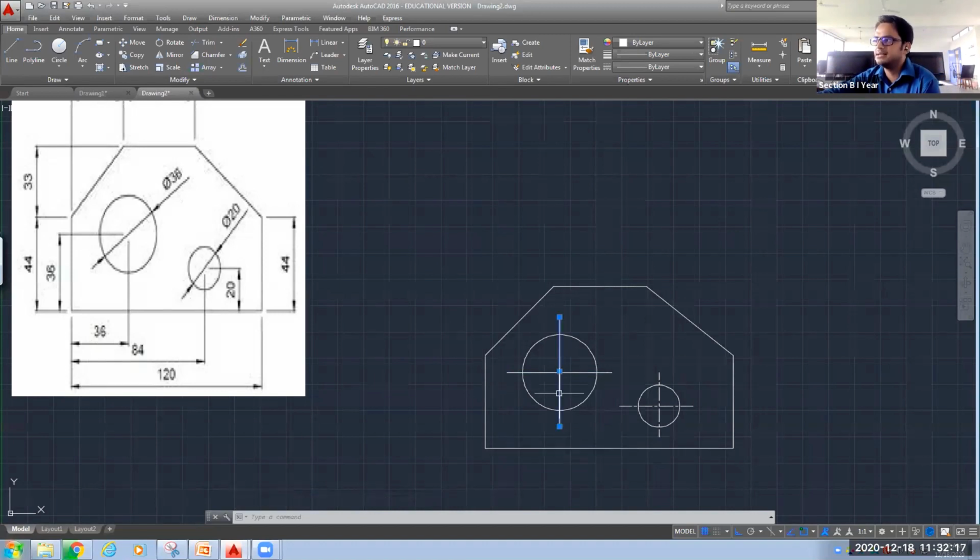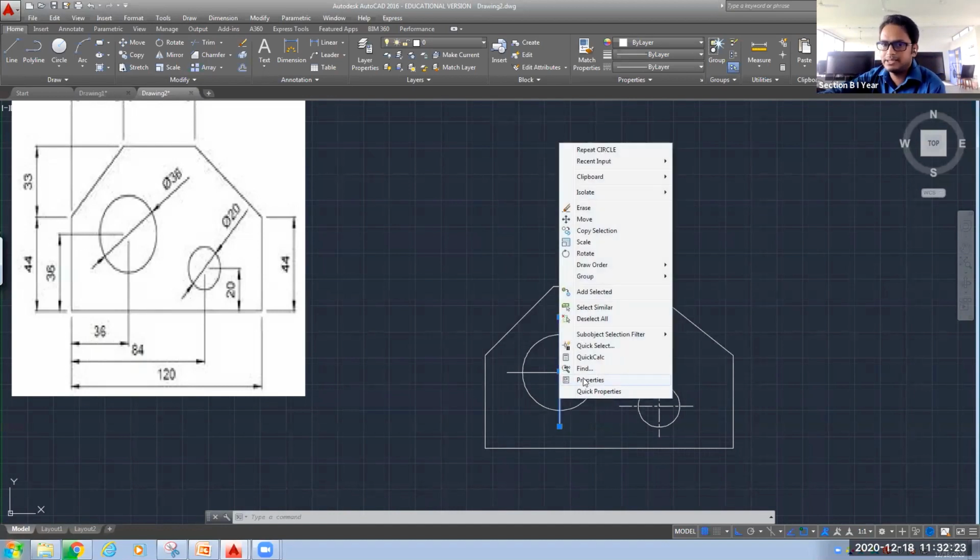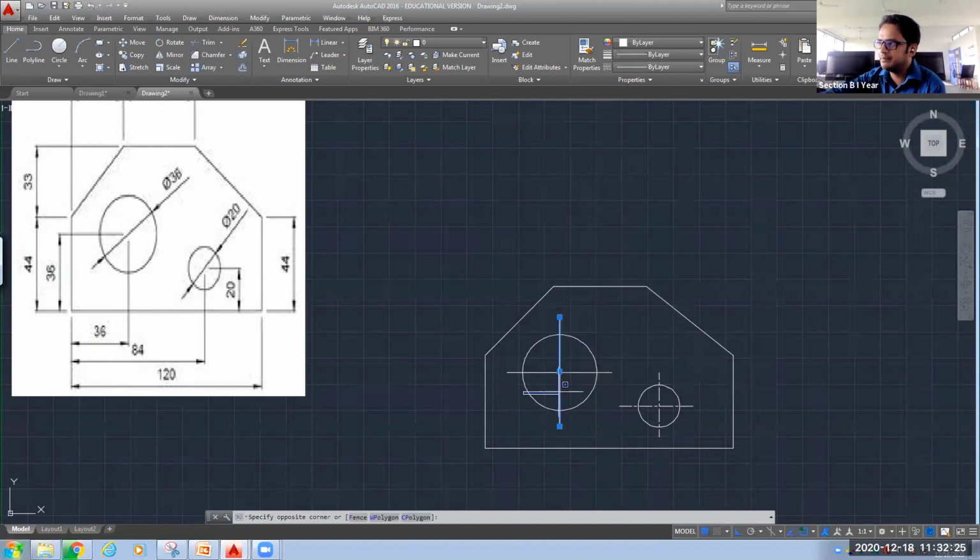I want to make it a center line. So for that, I will select this line, right click it, click on properties. Again I am repeating, I am selecting the line. You can see once the line is selected, the color changes from white to blue.